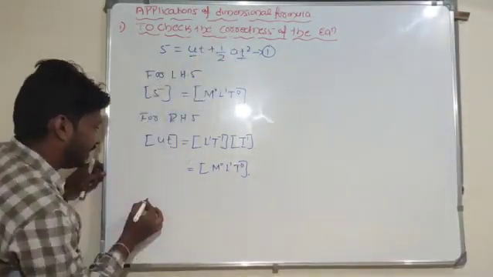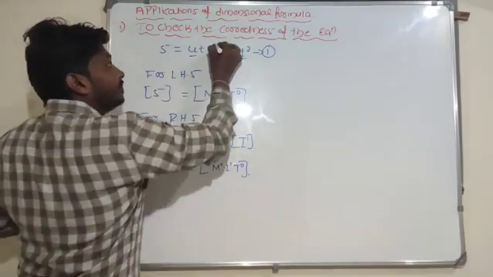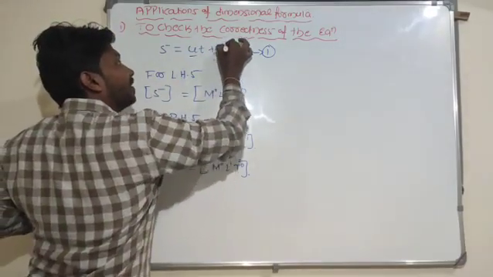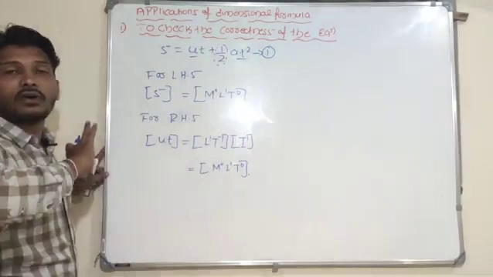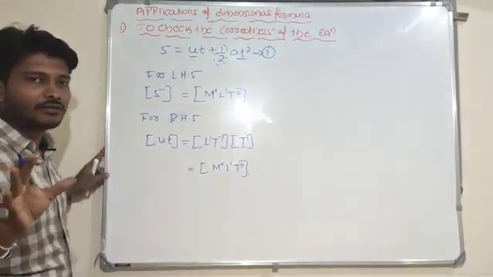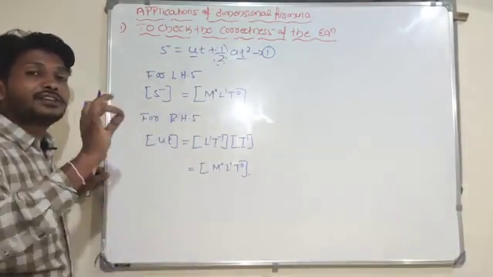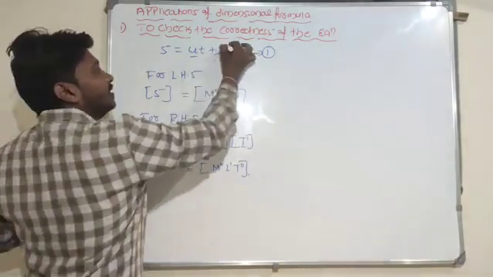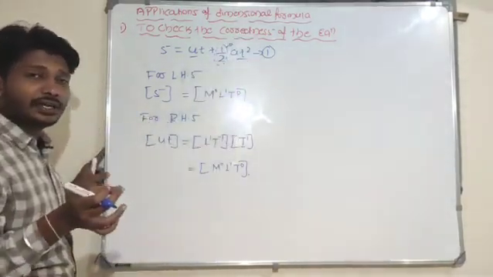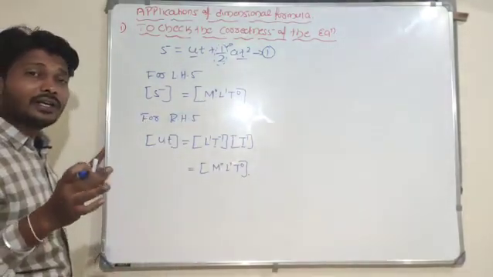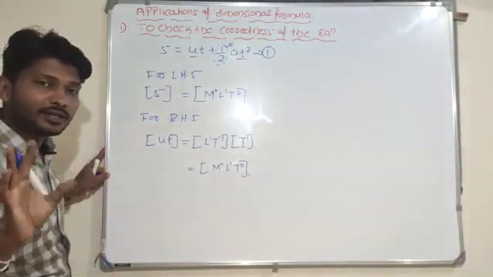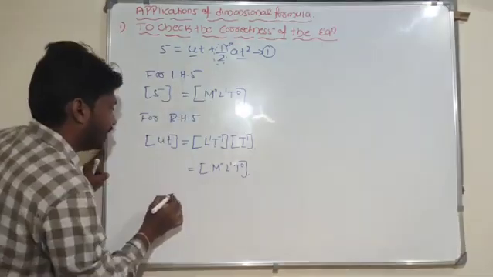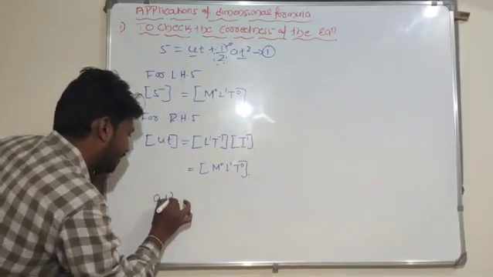So I can take another term here. Remember one thing: the dimensional formula is not applicable for numbers. For numbers you cannot write dimensional formulas. These are all dimensionless physical quantities, so for those physical quantities we cannot write the dimensional formulas. So I can take only a into t square.